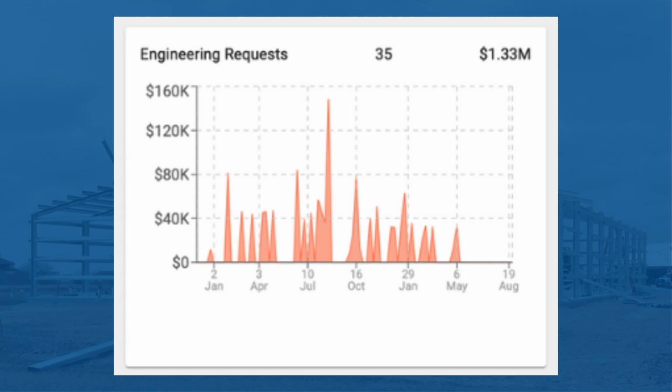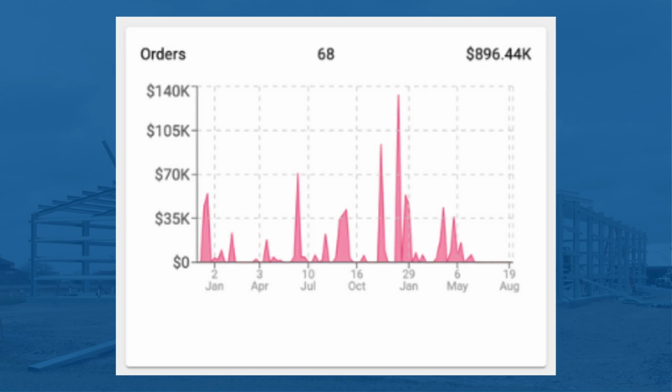Engineering requests displays the number of engineering requests over the date range selected. The dollar amount represents the total value of buildings based on the bill of materials for each job for initial engineering requests only. The total number of requested jobs is in the upper middle, and the total dollar amount is shown at the top right. Orders records the total building order amount based on the bill of materials for each ordered job for the date range selected. The total number of orders is shown in the upper middle, and the total dollar amount is shown